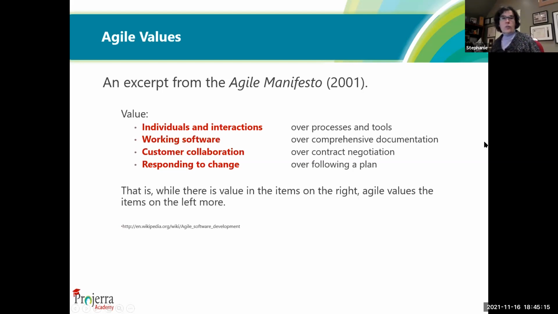And yes, there's still processes. I think there's actually more processes in an Agile team than in a non-Agile team. You have sprint planning and sprint kickoff and the daily Scrum meetings, and then you have the demo and technical review and a retrospective. By the time I get all of those Agile meetings in my calendar, I'm thinking there's not a lot of time for work, but there is still time for work. It all works very well. So yes, there's processes, there's tools, there's documentation, but it's more important that you're working towards that solution that brings value to the client, and that you're adapting to the client and what their needs are.